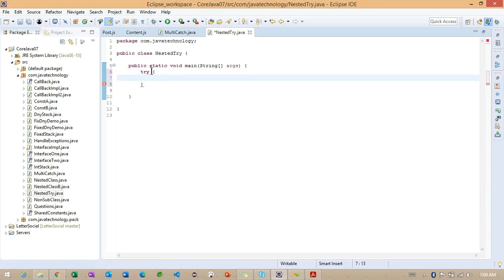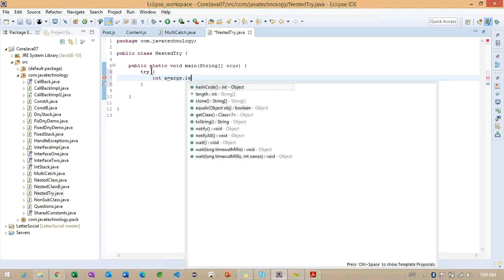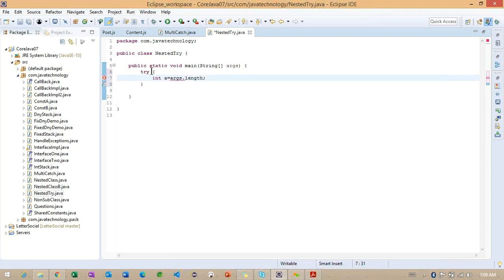Inside this particular try block, observe carefully, the same thing I'm going to work with here, arg.length. Right.